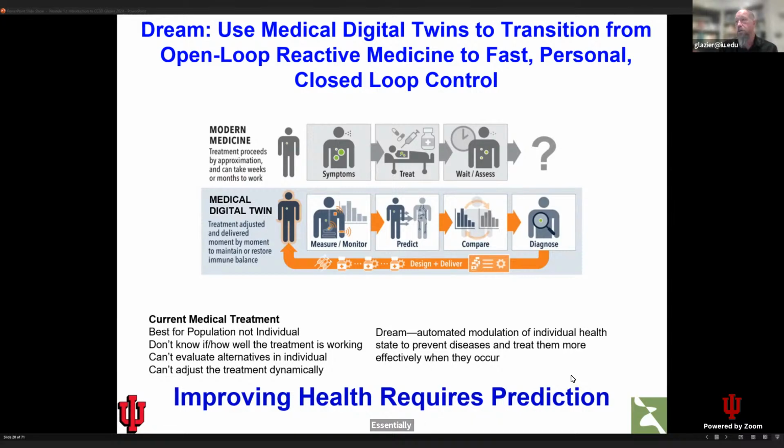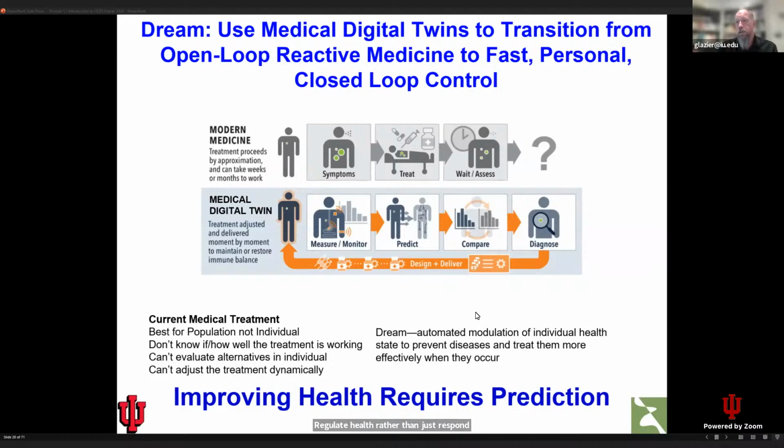When you're sick, you go to a doctor, a hospital. You wait a long time for diagnosis. They do treatment. There's certainly some feedback. They certainly do some adjustment of treatment while you're in the hospital, for example. But it's pretty common the doctor will say, take these pills, come back in 3 weeks and tell me how you feel. We'd like to be able to close that loop and actually regulate health rather than just respond to